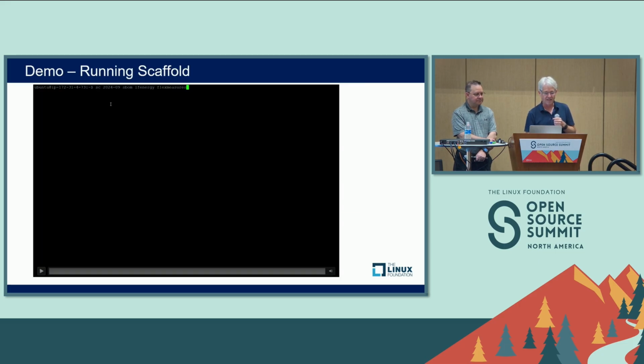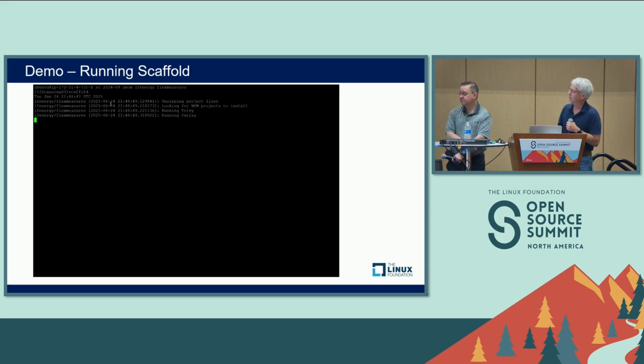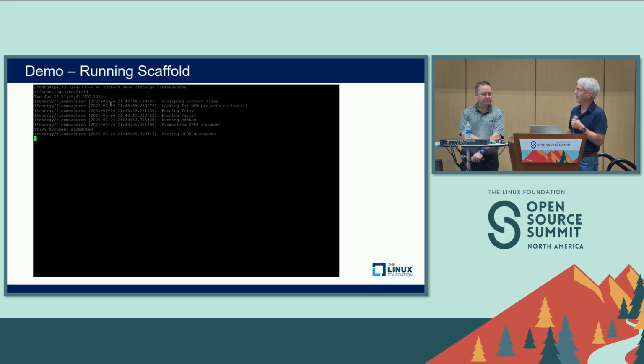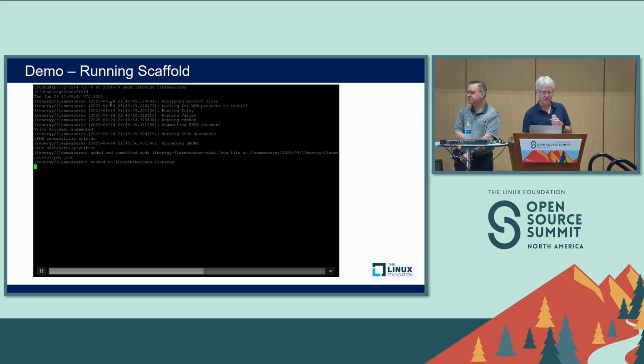So what I'll do now is give you a demo. I was not able to get SSH to work out of the Linux Foundation networking, so this is a recording from yesterday. It's kind of hard to read, I apologize for that. This is just running on a small project. I didn't speed this up; this is real time what it looks like. What it's basically doing is going through and running each of those different projects. And when it's done, you'll see that it's going to be uploading the results up to the